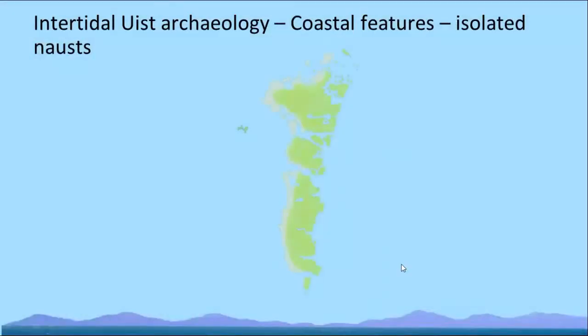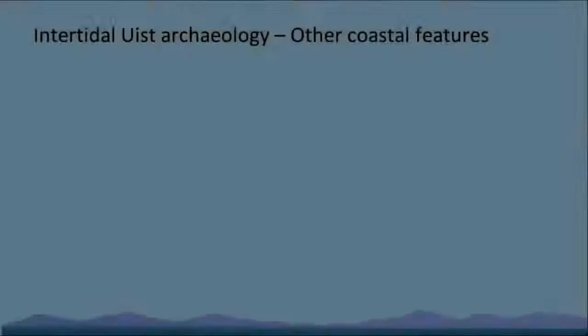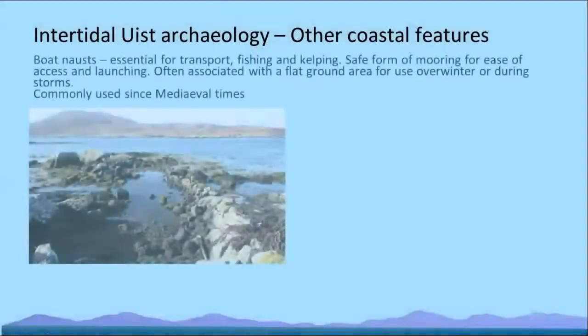Another feature important for Uist were just, well, boats themselves. There were no roads on Uist, or no significant numbers of roads, until the 20th century. Most of the transportation was by boat. More families lived on the east side than the west at this stage, and a lot of families would have boats. A lot of townships would keep several boats for their township's use,